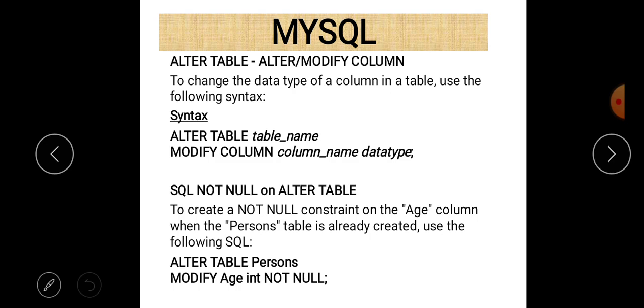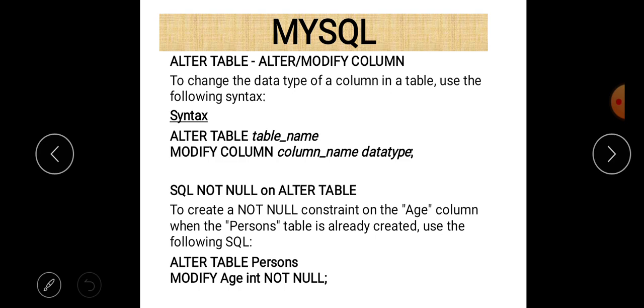Means, first of all, let us suppose that the size of the email column is 100 characters. Then we can increase it to 101, 102, whatever. Just after the 100 we can give that value, but we are not able to reduce that data type, because it may be possible that the table already contains data and some data is up to that limit. So in this case, if we want to alter the table structure and modify the column size, then it is not possible because data is already there. So we always increase the size using modify column.